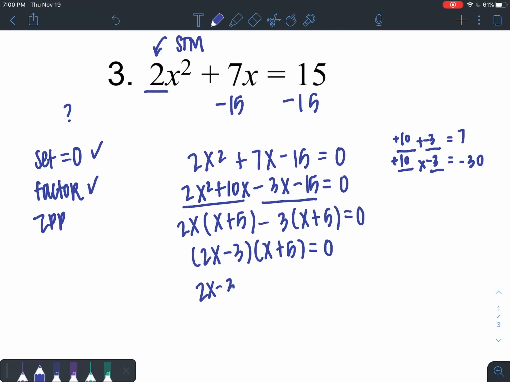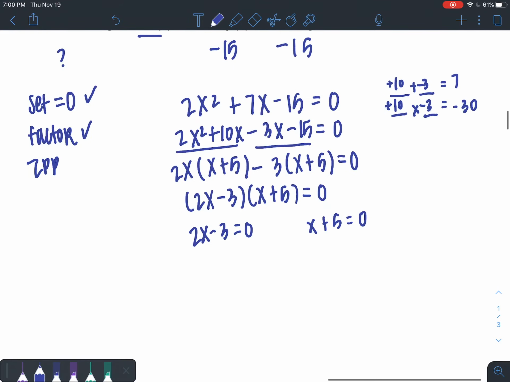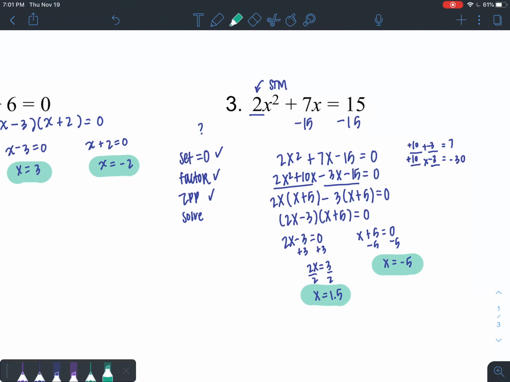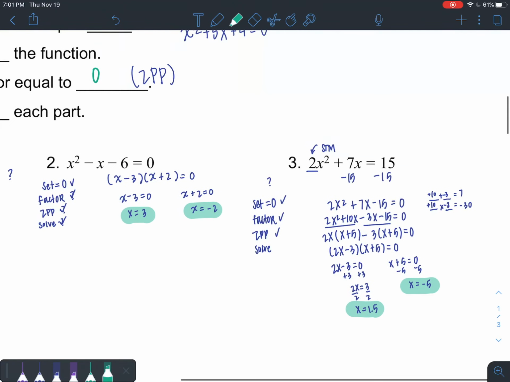Now we need to do ZPP by setting 2x minus 3 equal to 0 and x plus 5 equal to 0. Finally, we solve. So we add 3 to both sides. We get 2x equals 3, divide by 2, and x is equal to 1.5. Subtract 5 on this one, and we get x is equal to negative 5. And those are our two